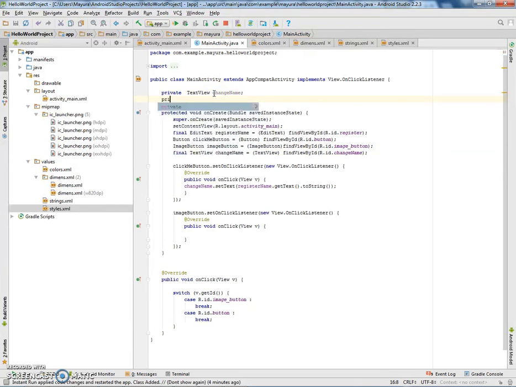Similarly, private edit text, and that is register name. Since we have created these objects with private access, they can be accessed by the entire activity. So for this you can remove this, and this you can remove, and for now